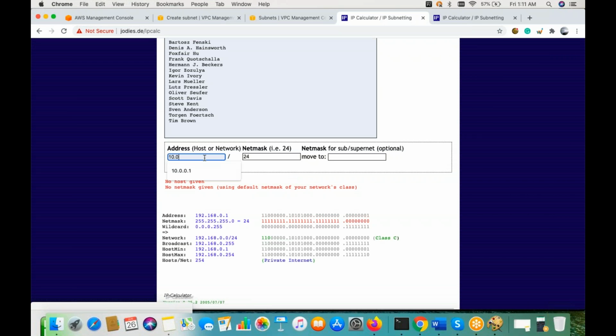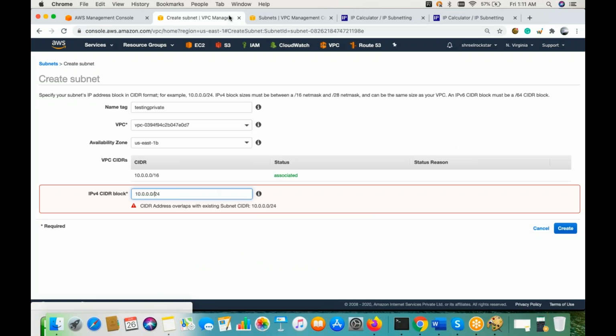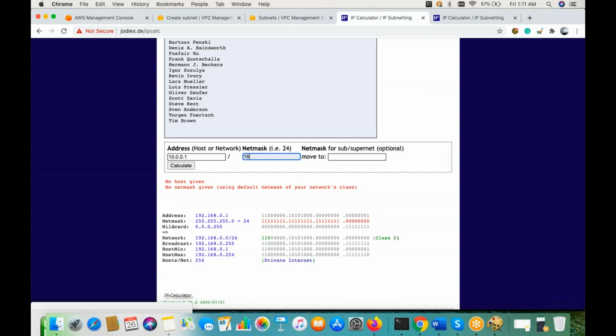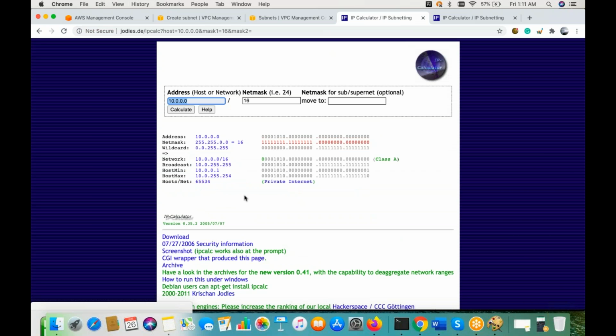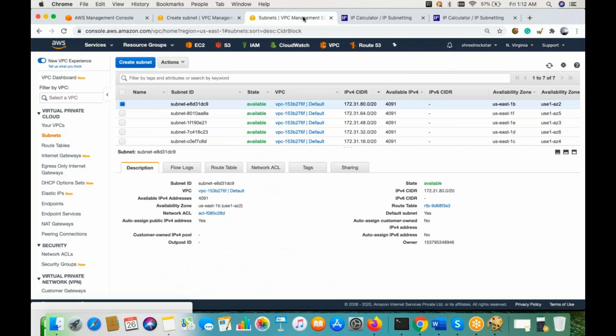Okay. So 10.0.0.1/16 I'm looking for. Okay. Calculate. So we are getting this IP address count, 65,534. So we want to split this actually. Okay, one second.